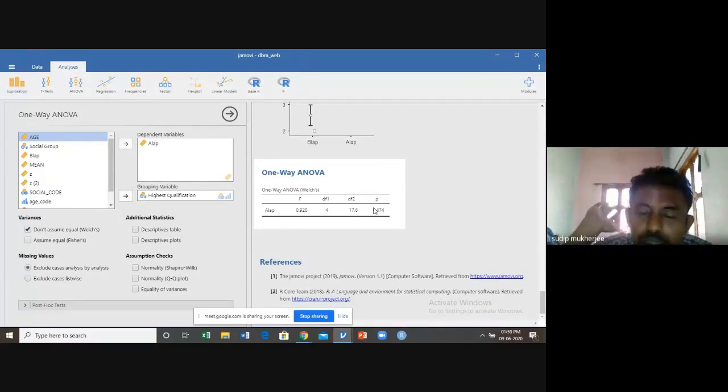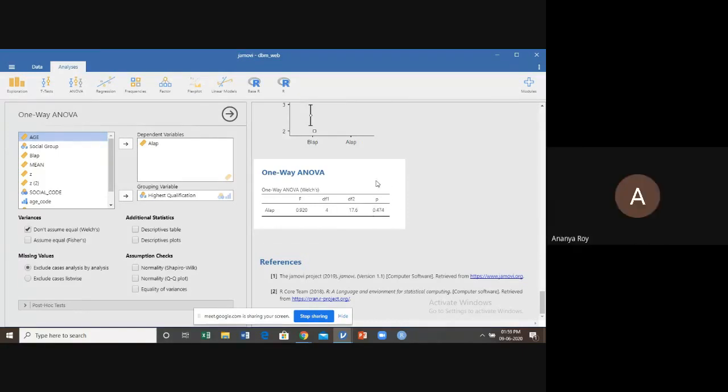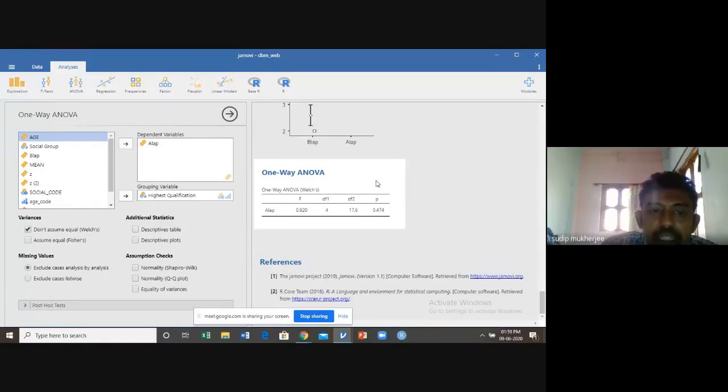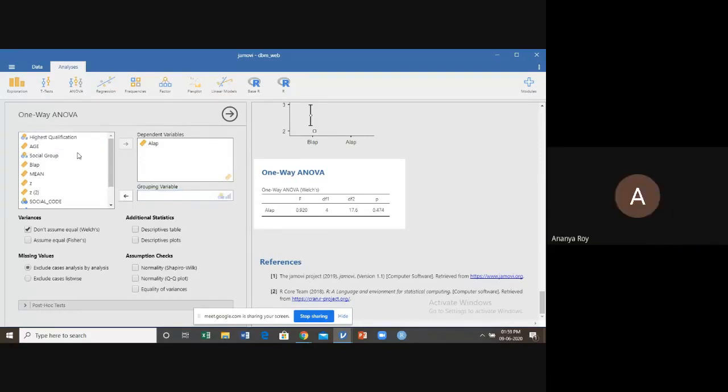Irrespective of qualification, computer use does not depend on the qualification of an individual. So in terms of one-way ANOVA, we can conclude that qualification-wise, the use of computer does not matter.